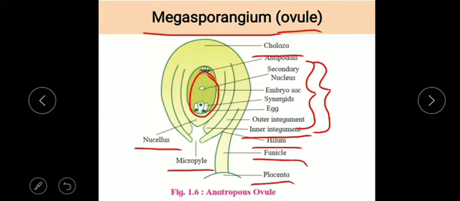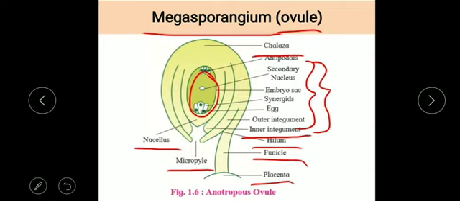We are only going to see the structure or the parts which are underlined for today. Okay, so starting with the micropyle. The micropyle, you can see it is a small opening, or the aperture, through which the pollen tube can enter and reach the embryo sac for the fertilization process. So the micropyle is a small opening which gives entry to the pollen tube. That is the function of the micropyle.